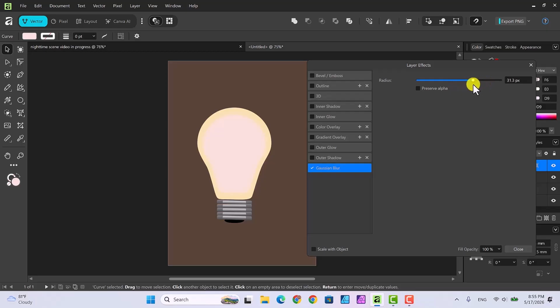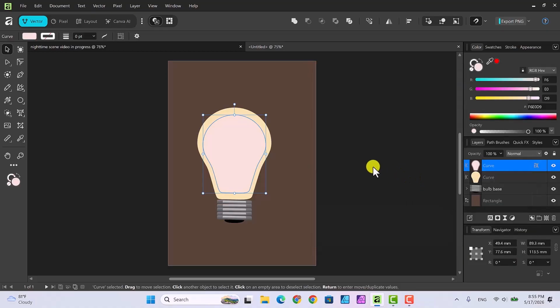And I'm going to, we can always come back and fix it if we hate it. So I'm going to turn the radius up to about that. So now that I have my Gaussian blur, we're going to close that, and then we're going to draw another